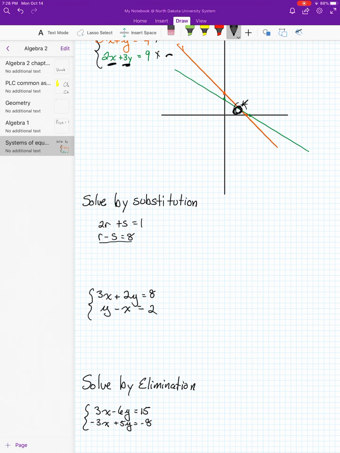Okay, solving by substitution. Again, this should look pretty familiar. I'm going to call that equation 1, call that equation 2. I'm going to rewrite equation 1 as it is, just copy it over here, and rewrite this equation for r in terms of s. I'm going to use that expression in the first equation. So I'm going to substitute s plus 8 for r in the first equation. 2 times s plus 8